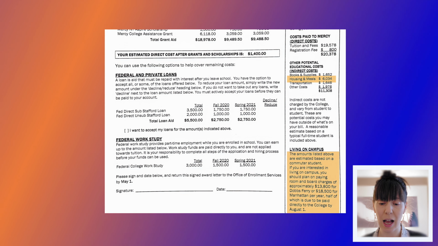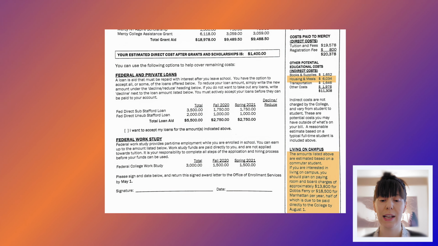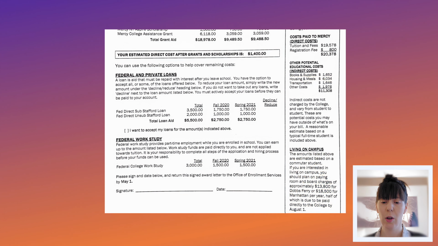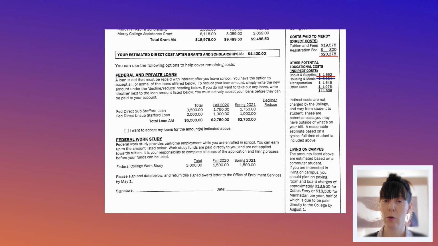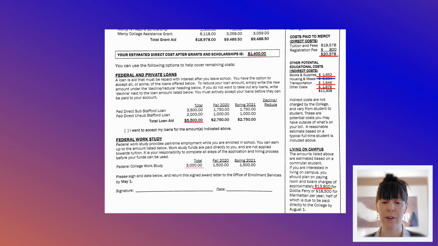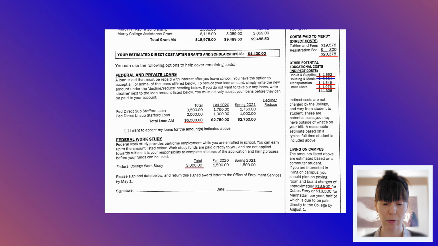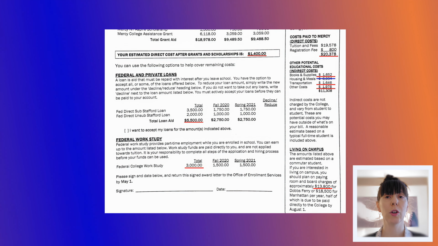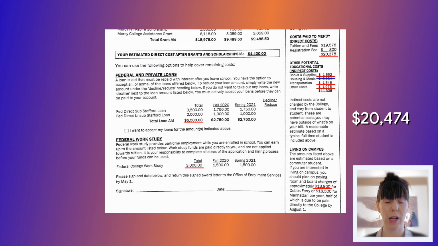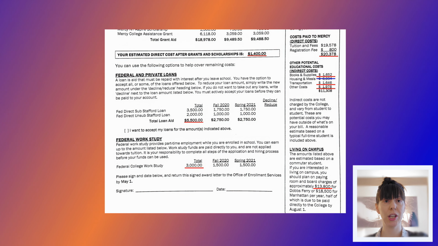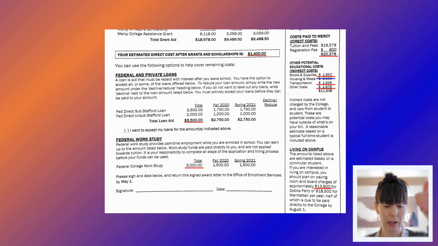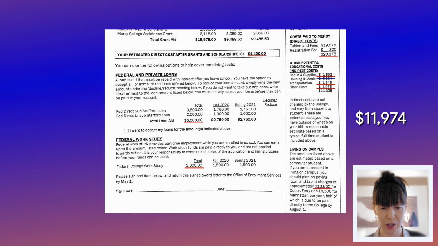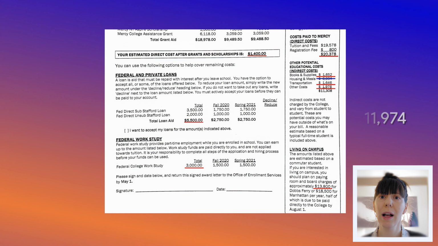So when he adds up the entire cost, the whole thing totals $19,704 when you subtract out the financial aid and the loans that he's going to get. So when you calculate in the room and board that he's going to have to pay if he wants to live on campus in Dobbs Ferry, that's another $13,800 that he now has to account for, bringing his total to $19,704 plus the $1,400 up at the top. So his final cost is $20,474. And then when you go down and figure out how much he will be able to subtract when he takes the $5,500 in loans and the $3,000 in work study, that will decrease his total cost to $11,974. Let me just double check. Yep, that's right.